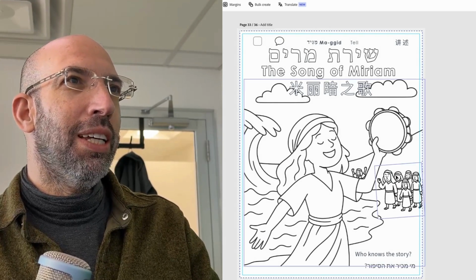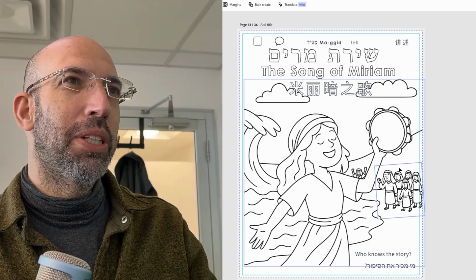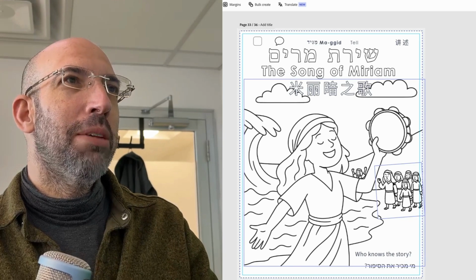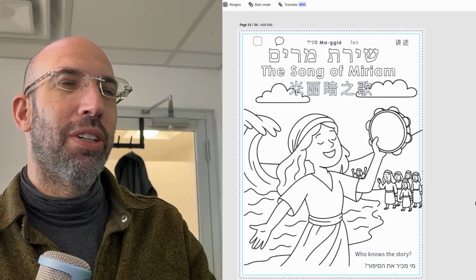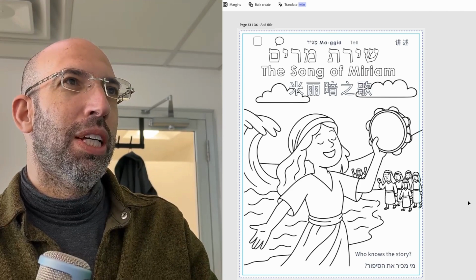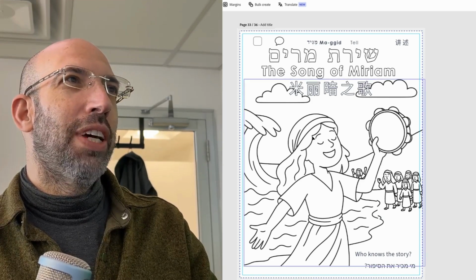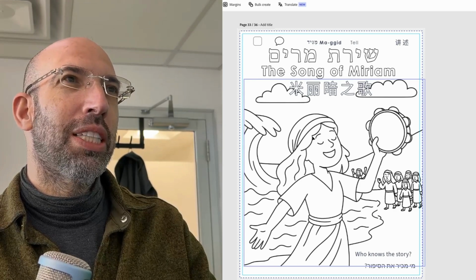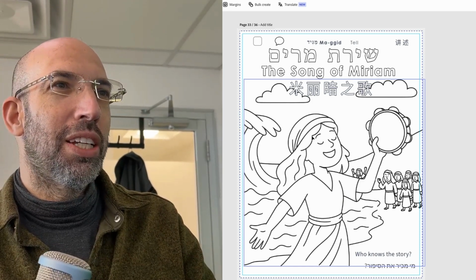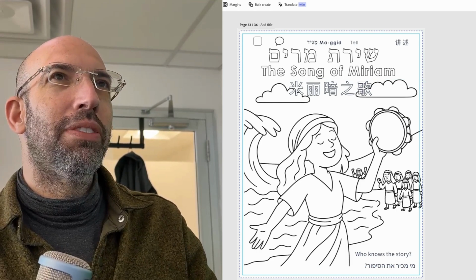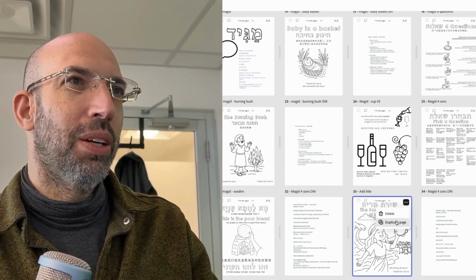And then finally, and it took some basic photoshopping to get this image because the people in the background were weird. But here I wanted to just celebrate Miriam's Song. Plain and simple. Have the kids maybe tell the story. If I had more time, I would hand out tambourines. We don't have tambourines, but maybe I can encourage them to knock things on the floor. In fact, let me make myself a note here, because if I can come up with a fun song around it, only if I have time,